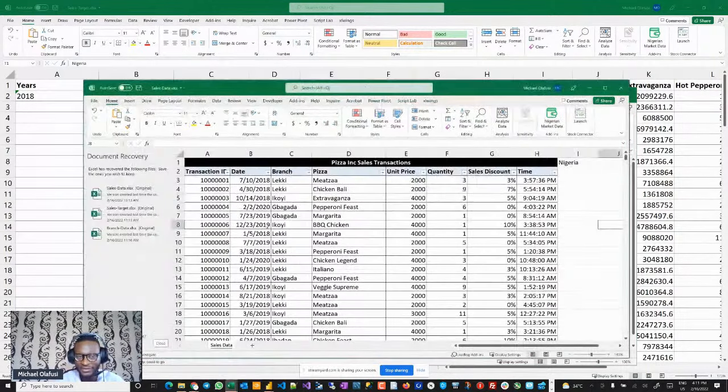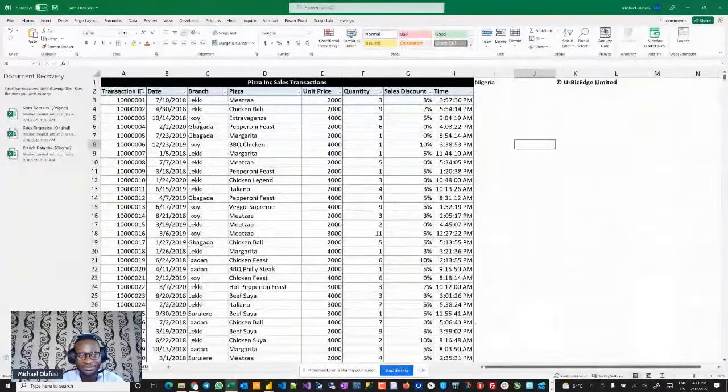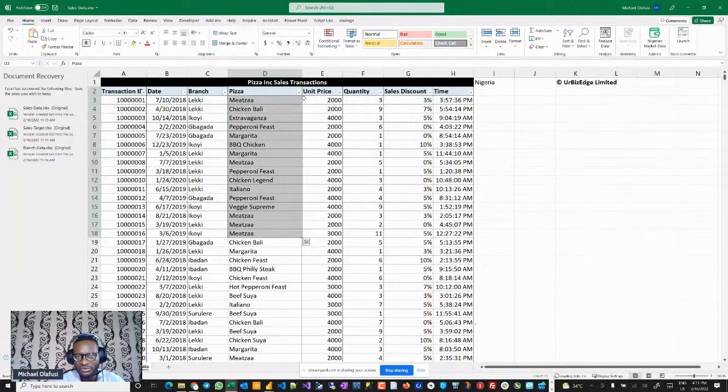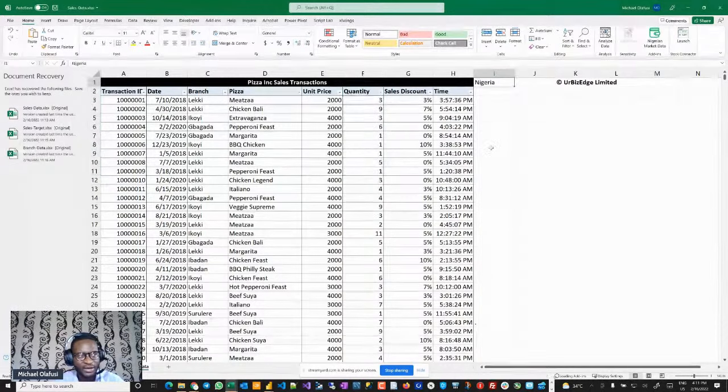And the biggest of them all is this transaction table, which details the transactions: the ID, the date, the branch, the product sold, the unit price, the quantity. So we are going to see how we will make this useful for our transformation. I mean, for the report we need to build.